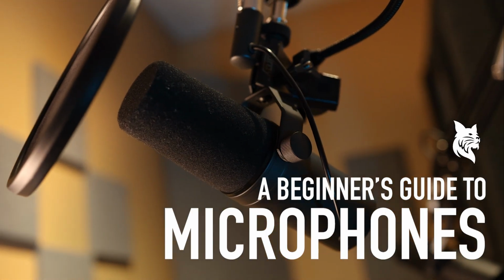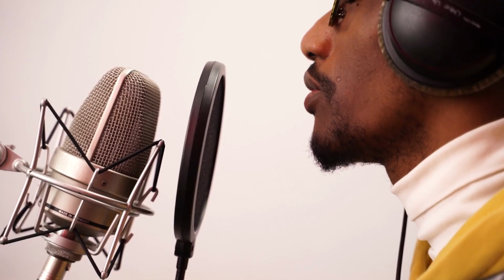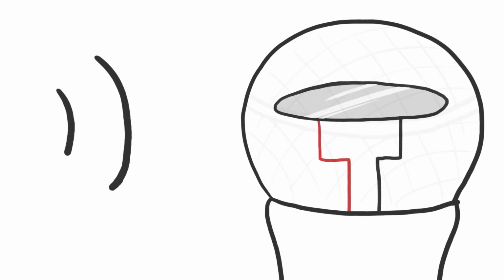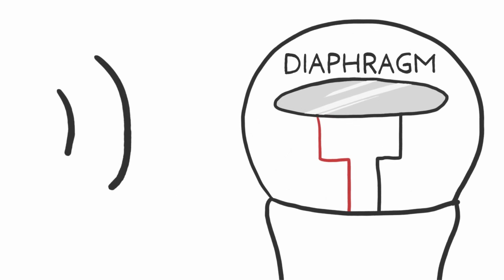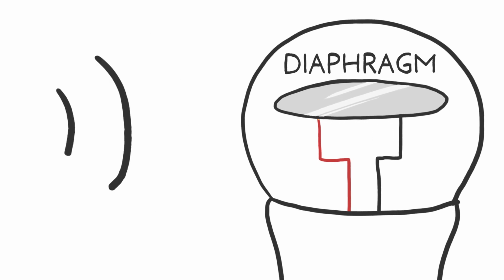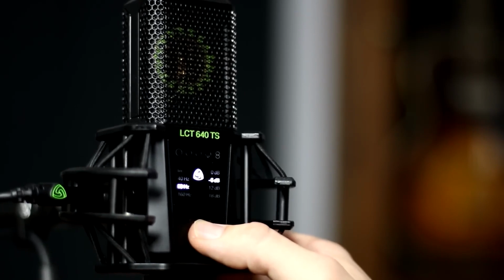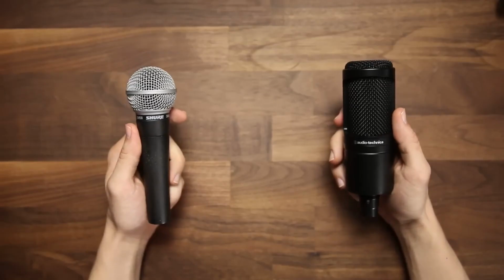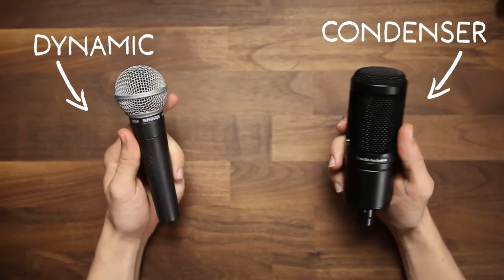A microphone is any device that is capable of capturing sound waves and converting them into an electrical signal. This process is achieved when sound waves cause a thin piece of metal material within the microphone, called a diaphragm, to vibrate, and those vibrations are then converted into an electrical signal that a receiver can write as data. This conversion process is achieved differently depending on whether a microphone is a dynamic microphone or a condenser microphone, and